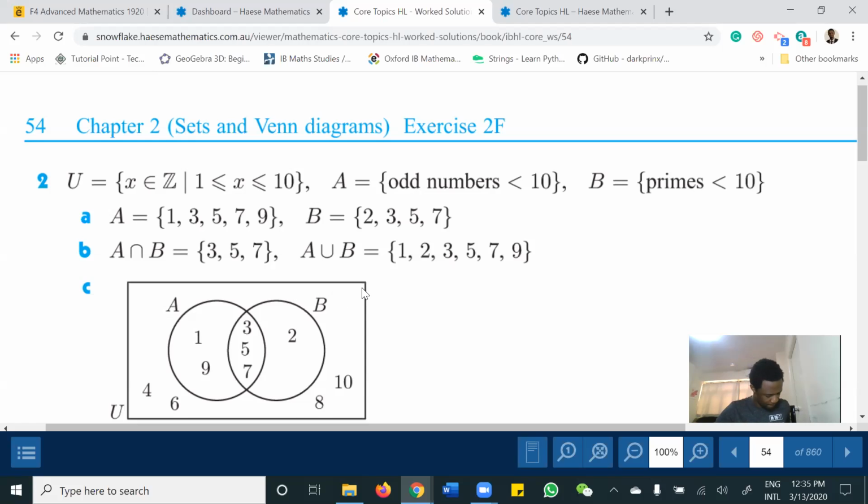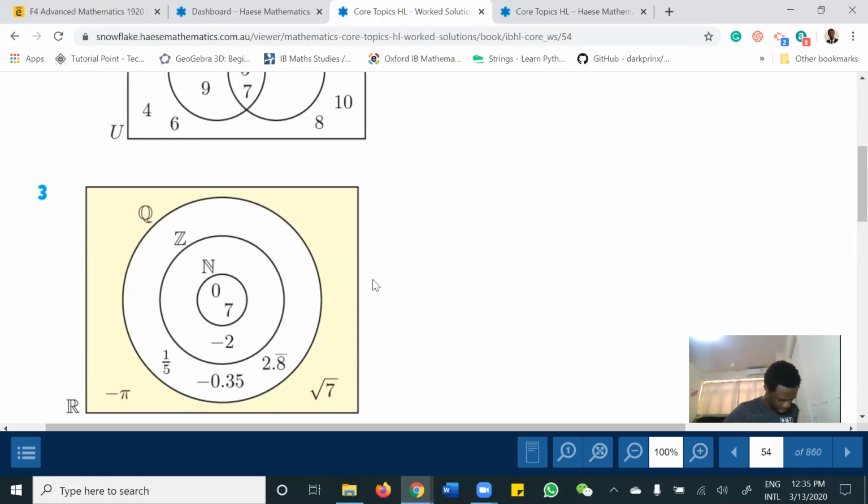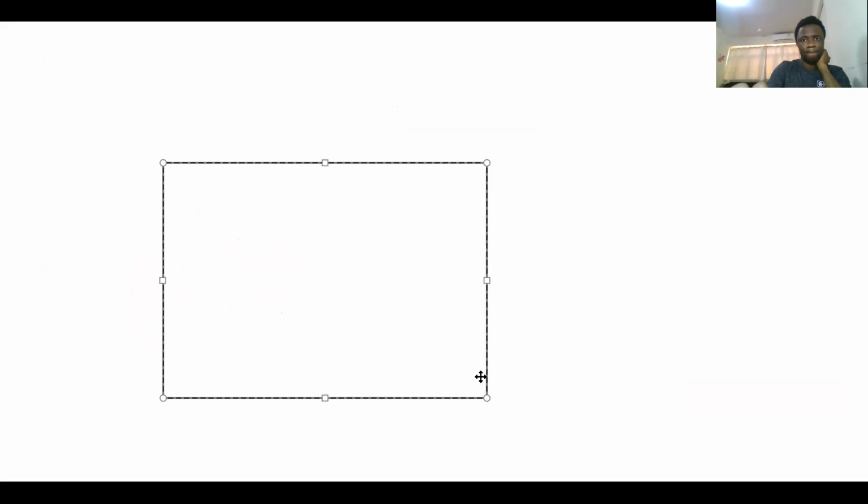Does it make sense? And the last but not the least, it says copy and label. Now, why do we have this? This is subsets. Let me go to the board. This is your Venn diagram, and you have 3 sets, right?